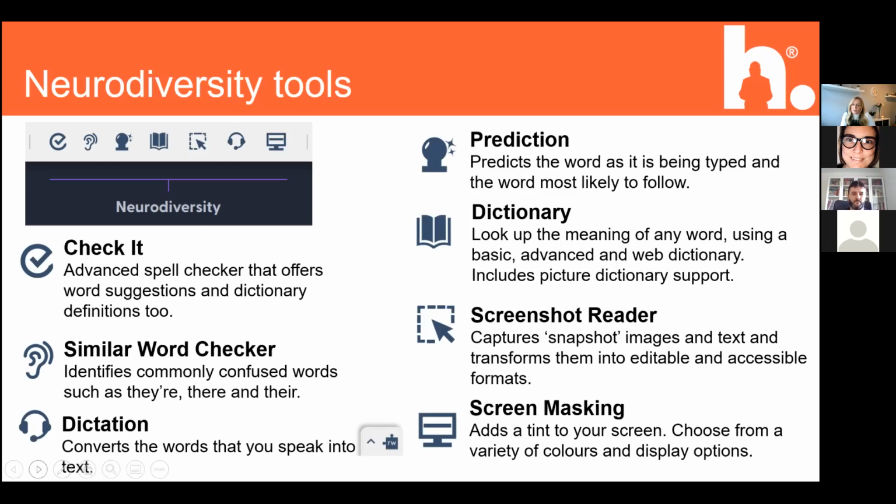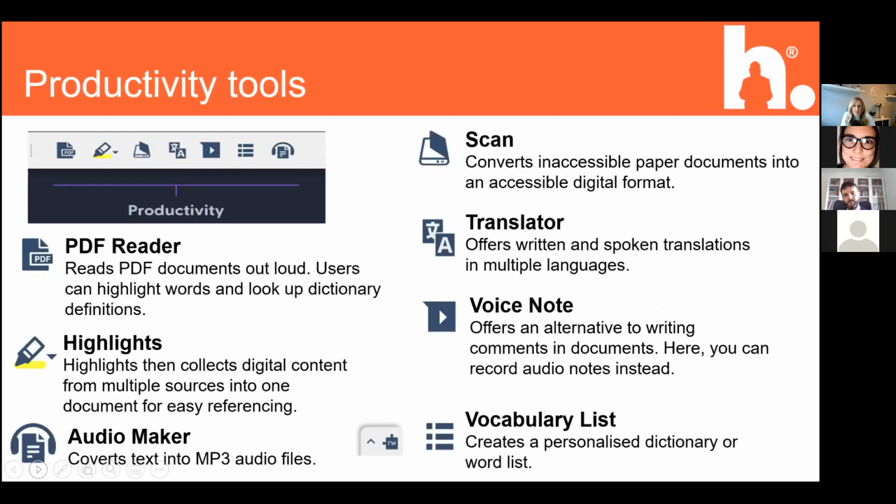And then moving on to the productivity part of the toolbar. Here are a number of tools that can help you save time and work more efficiently. So starting with the PDF reader. This reads out PDF documents and it allows you to highlight words and look up dictionary definitions, which increases the